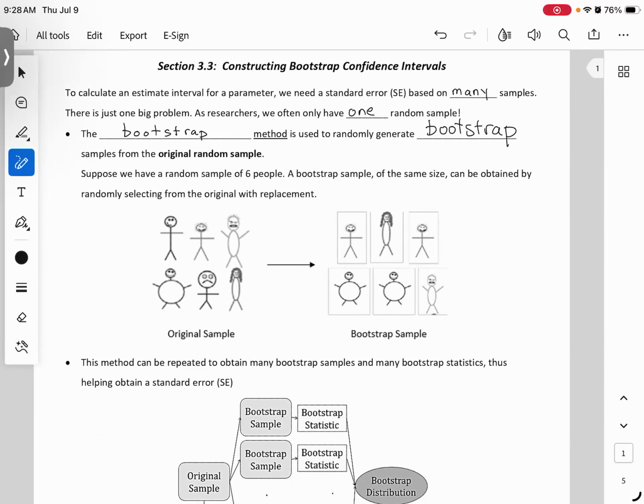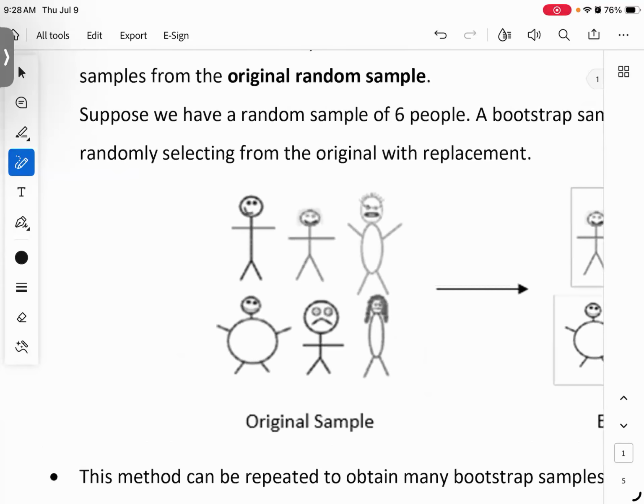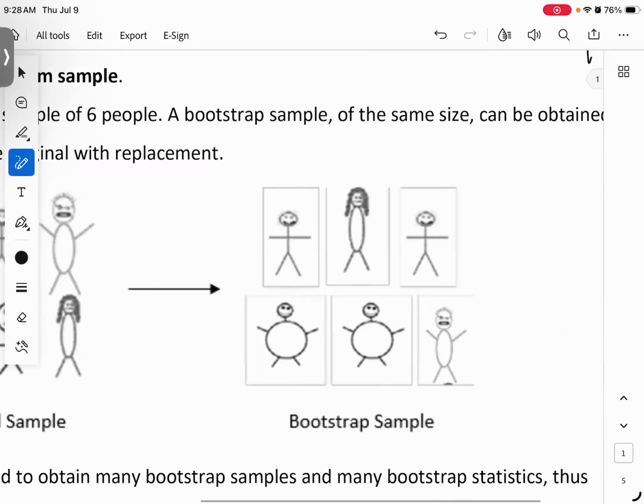And again, I'm just keeping the illustration on the small side right now. Suppose you have done a sample and it took you a month, right? And you got your six individuals, and either it was something about like their height, and you got each of their heights, and you're like, oh my goodness, I would like to do a confidence interval, but I can't because I only have one sample. And you're thinking, well, I'm going to need to spend another month to get my second sample. But the bootstrap method, what it does is it will create for you a second sample